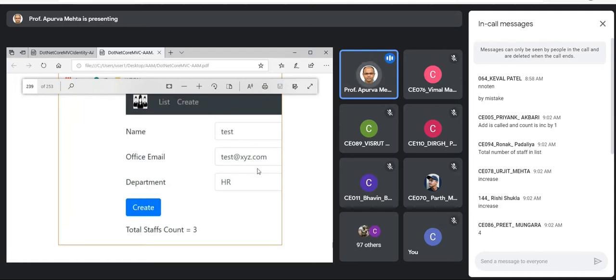Okay, so that's why within the transient it will always remain 3. For adding a staff member, one instance is created by the create action method in the home controller. Another instance is serving the request for the create view, and that's why it won't see that one staff member has already been added to the list. It's a new instance. And here we don't have a database to give it the proper scope, so you will always see the count as 3.